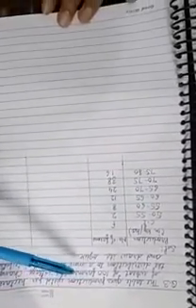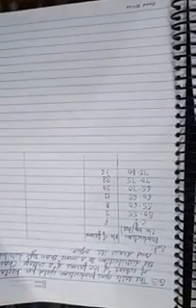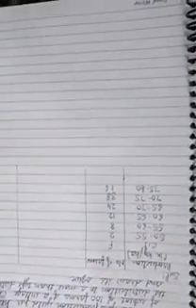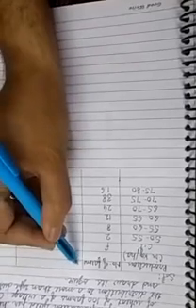Question number 3. In this question, the statement is: the table gives the production yield per hectare of wheat of 100 farms of a village. Change the distribution to a more than type distribution and draw its ogive. Here you have to convert it into more than type. Students, as I had told earlier also, in more than type you have to use the lower limit. So first of all you have to write here like this: